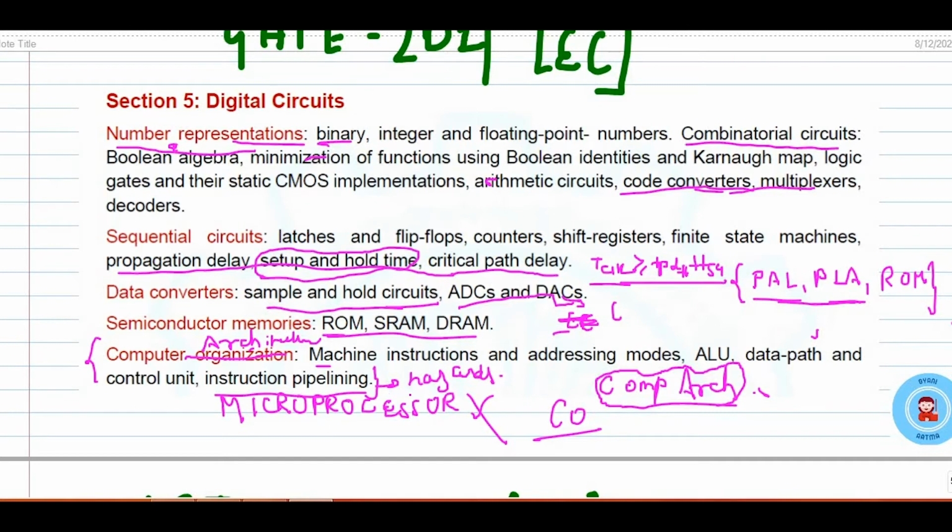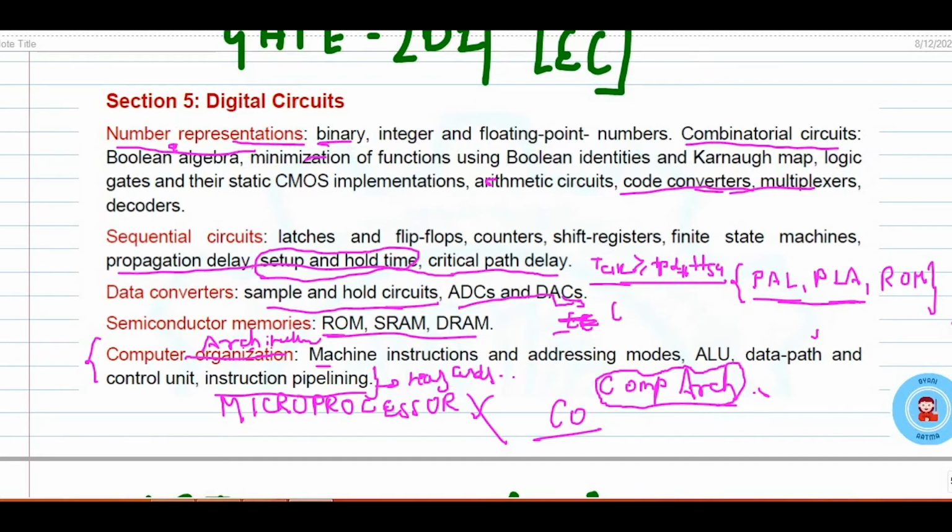So see, what is pipelining? I'll tell you very simple. Suppose you have to fill one bucket of water, okay, so that is the same pipelining study I am telling you. So you have to fill one bucket of water. To fill one bucket of water, you turn on one tap and I turn on two taps, so whose bucket will fill first? So obviously the one in which two taps are open. So that is the concept of pipelining, to improve the performance of the CPU and all those.